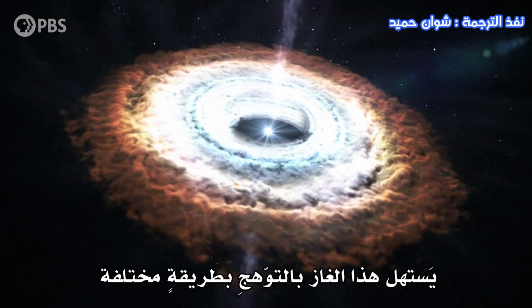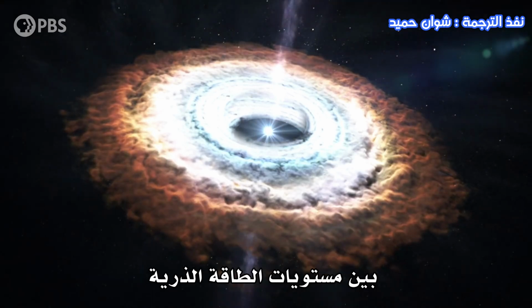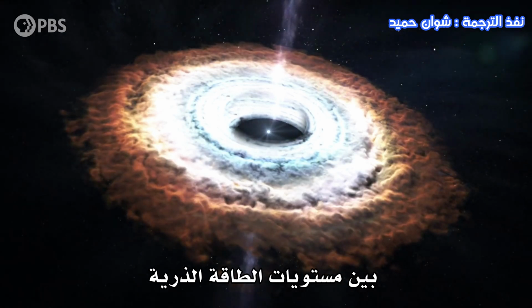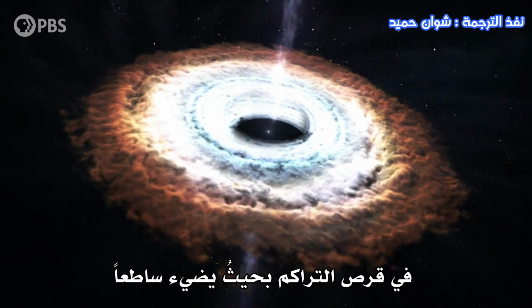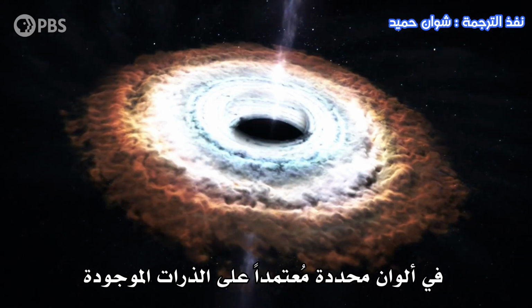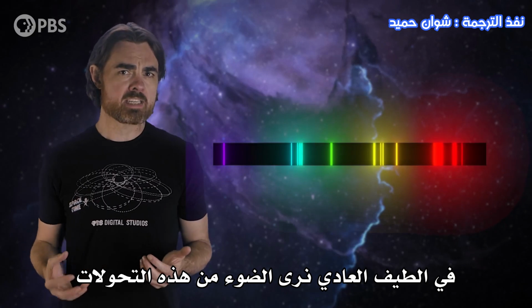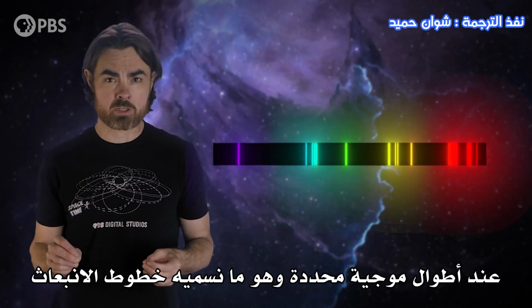This gas starts to glow in a different way, not from heat, but from the motion of electrons between their atomic energy levels. This allows the maelstrom to reprocess some of the light of the accretion disk so that it shines bright in very specific colors depending on what atoms are present. In a normal spectrum, we see light from these electron transitions as sharp spikes at specific wavelengths, what we call